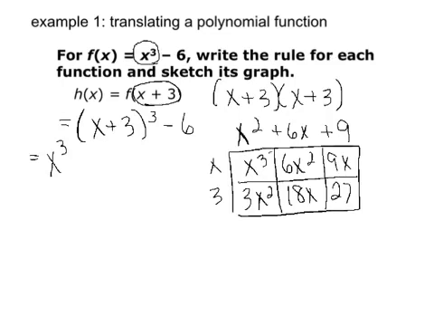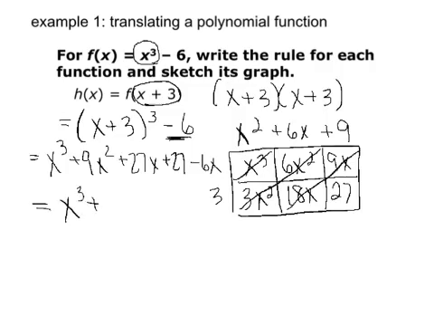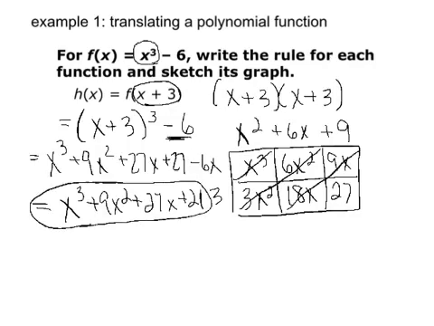X cubed, cross it off, 9x squared, 27x, plus 27 minus 6. We can't forget the minus 6. So our final answer, x cubed plus 9x squared plus 27x plus 21. Okay? And if we were to sketch that, we'd sketch the same thing, which crosses at the 6,